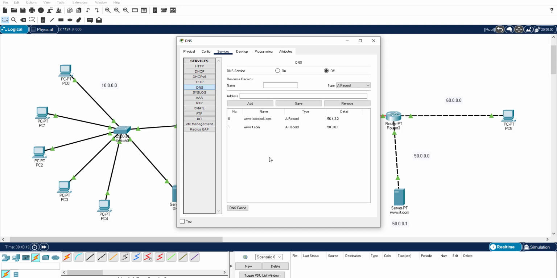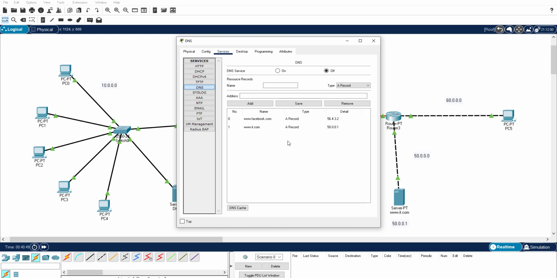Your internet service provider will take care of it. Zonal, subzonal, there is a root. There are plenty of concepts available inside the DNS itself. It's a very big concept actually. So now we created the records for facebook.com and it.com. For these two things I created the records. So this is the fourth step, configuring the DNS machine.